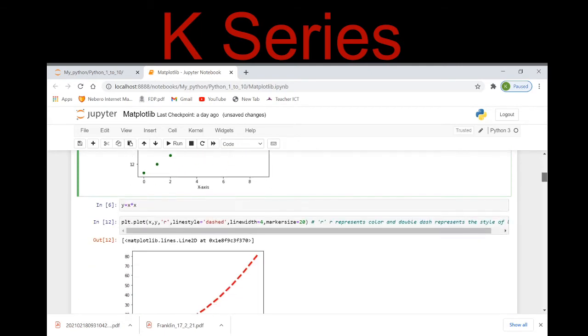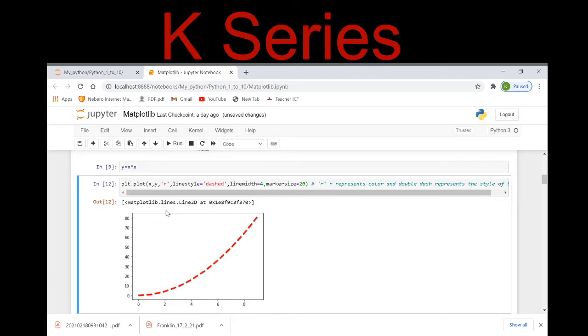Moving on further, now here I am using a simple mathematical function, that is y equals x into x. Again I'm using plt.plot, a simple plot, and I'm plotting x, y, and here I am giving arguments for the color, and now I am giving an argument as line style. Line style I am taking as a dashed one, line width as 4. There's no need to give marker size here.